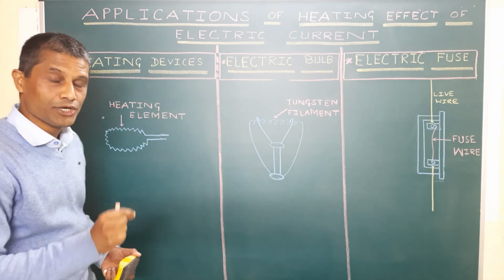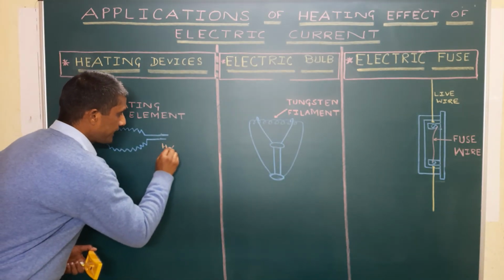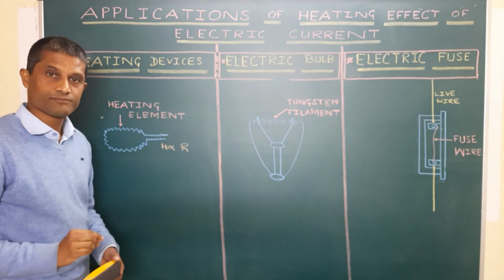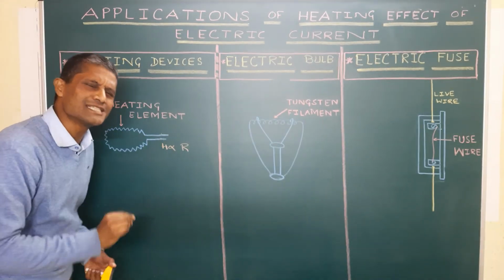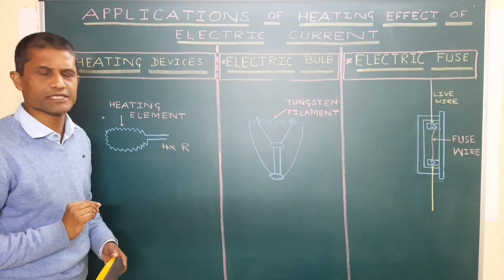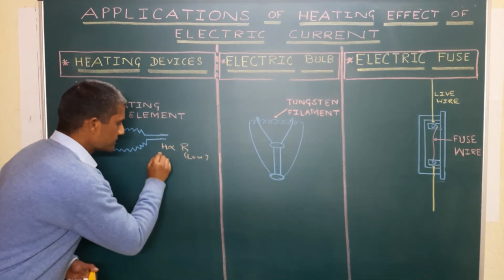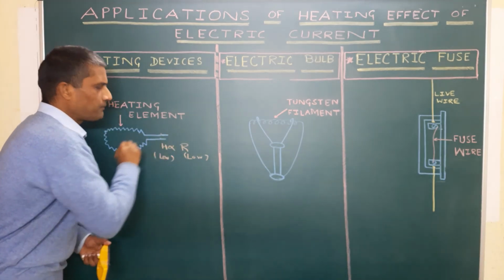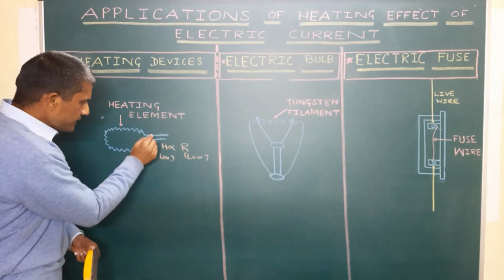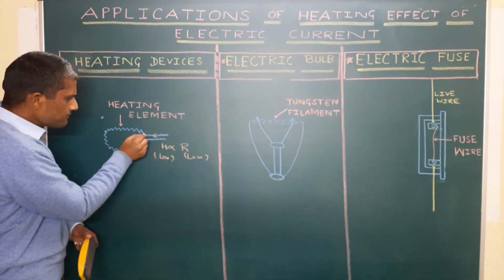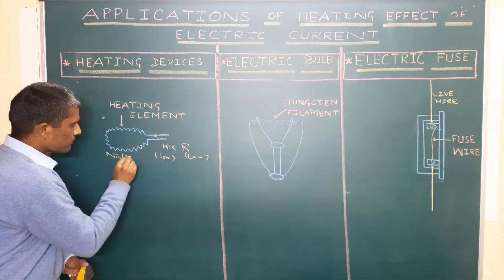And according to Joule's heating effect of electric current, H is directly proportional to R. Since the cord is made up of copper, a negligible amount of heat is generated there, because the resistance of copper is very low, and hence the heat production in copper wires is also going to be low. That's the A part. B part, when the same current flows through the heating element made of nichrome alloy,